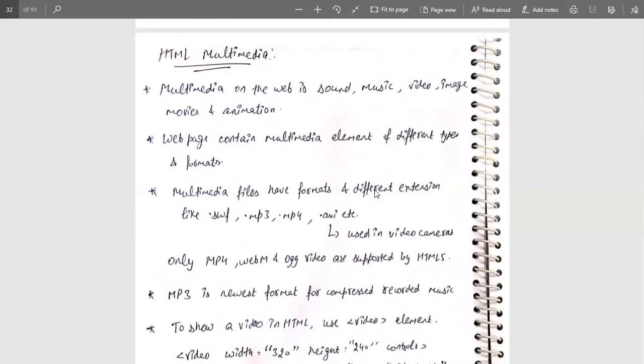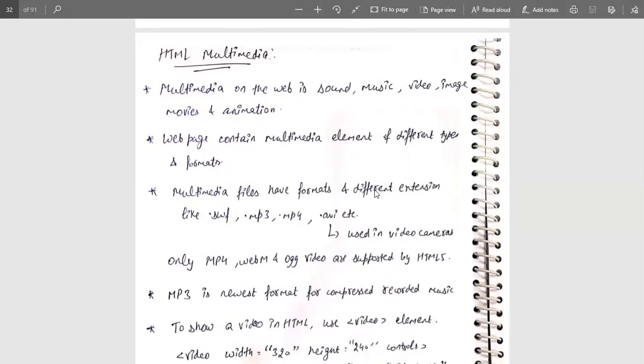Next thing is HTML multimedia. Here, multimedia on a web is sound, music, videos, images, movies, animation, because anything on the web that is created acts as multimedia. So to create a web page, multimedia elements of different types and formats are possible, because there are many formats, such as MP3, MP4, AVI for video cameras especially.